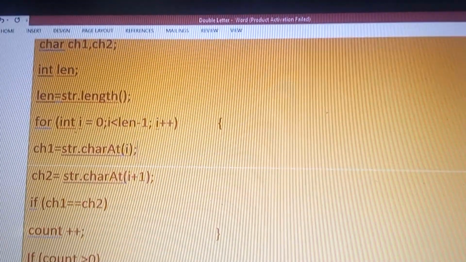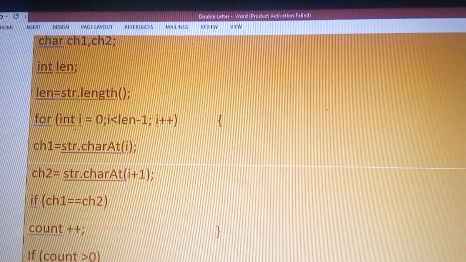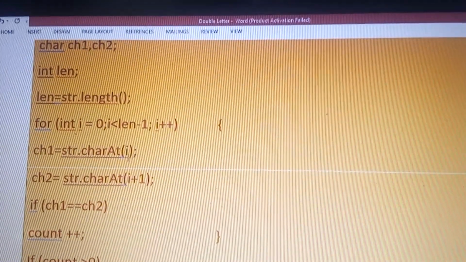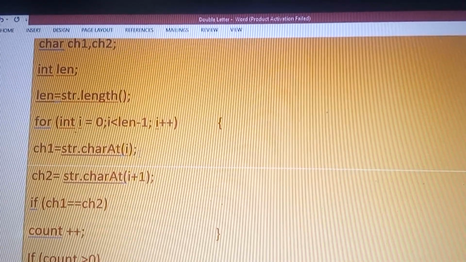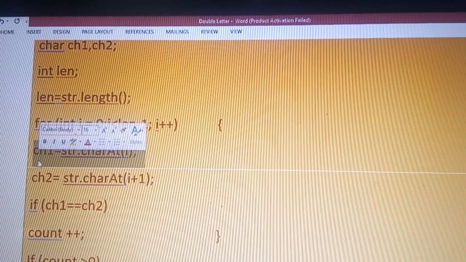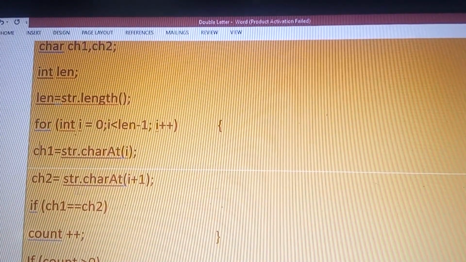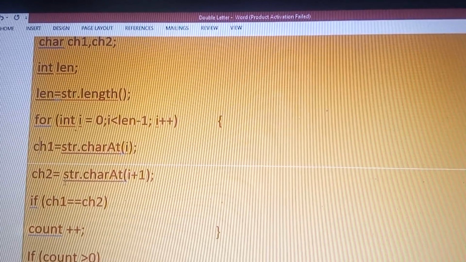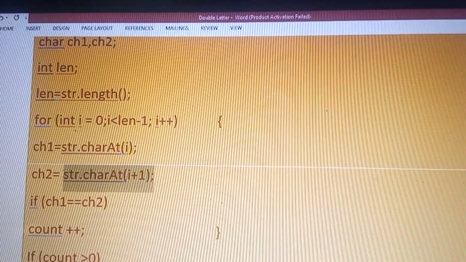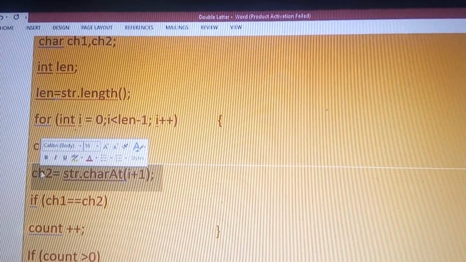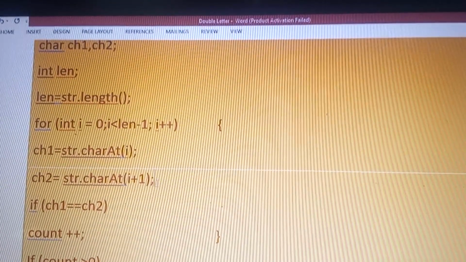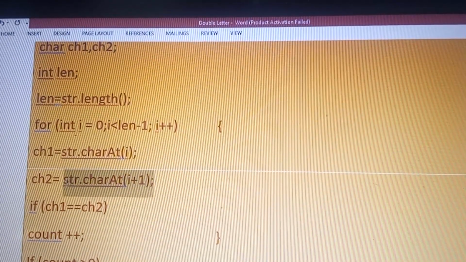That means, first, when i takes the value 0, str.charAt(0), that means the character at the 0th index position, the first character, will be stored in the variable ch1, and ch2 equals str.charAt(i+1), that means the character at index position 1, the second character, will be stored in the variable ch2.